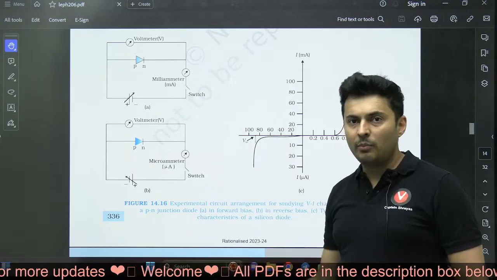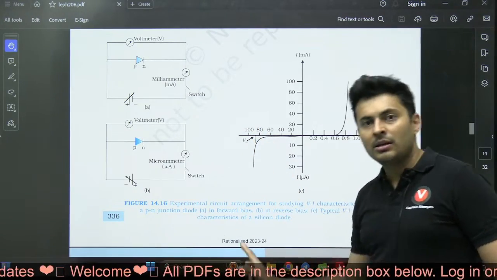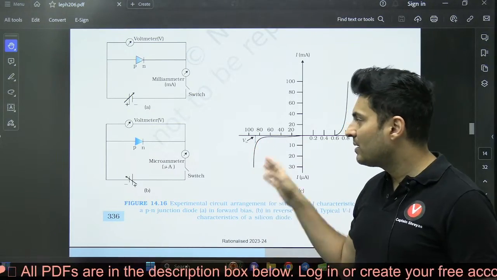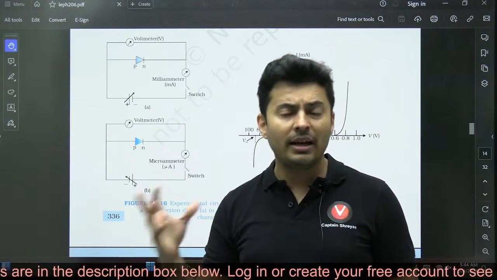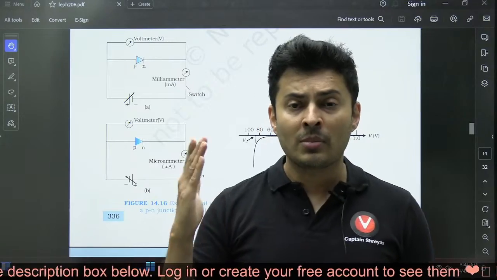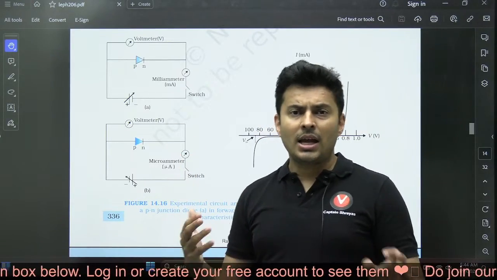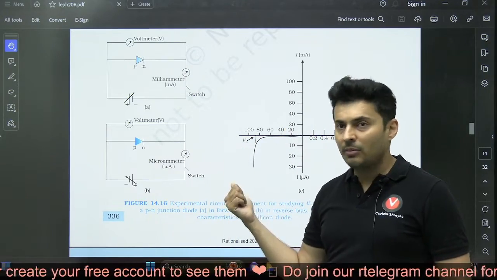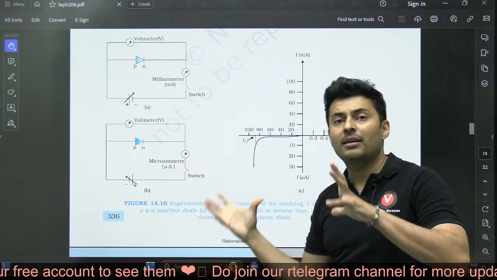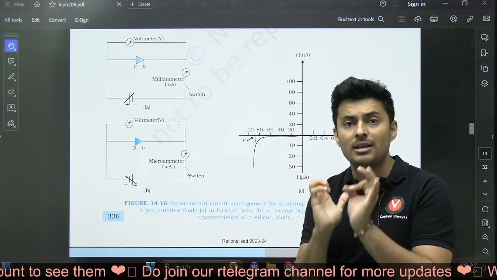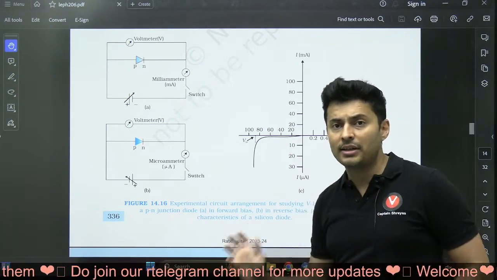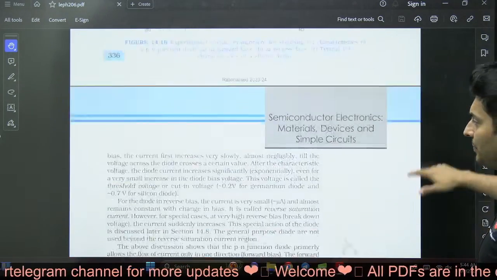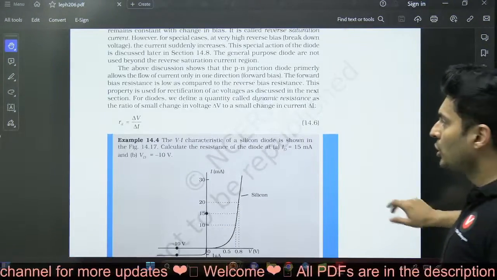But after a point, you will see a sudden increase of the current in reverse bias. That is called the breakdown. Breakdown occurs after a certain voltage is applied, and you will see the voltage does not increase after a certain point. It remains constant. In fact, this is the principle used in a Zener diode to regulate the voltage. So a Zener diode is again used in reverse bias. You should know about